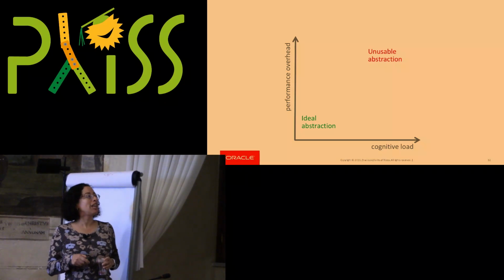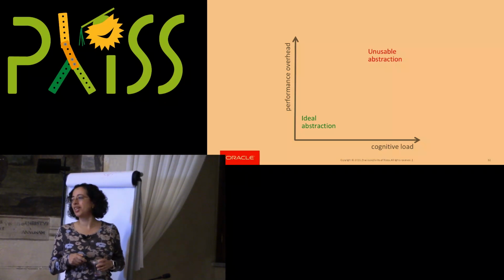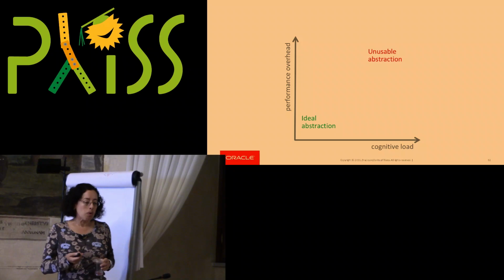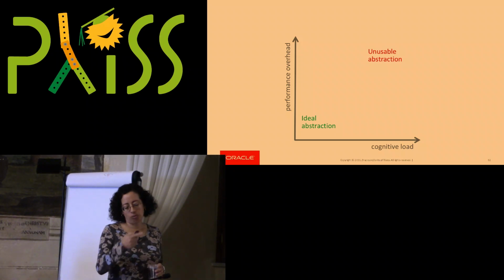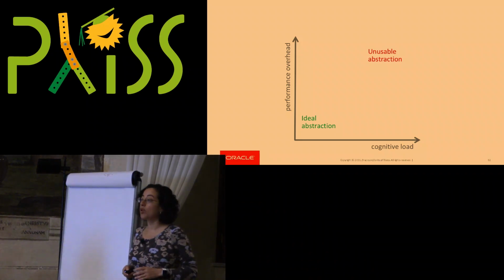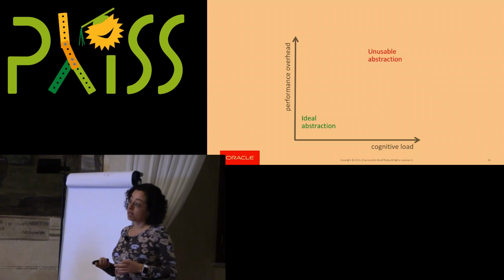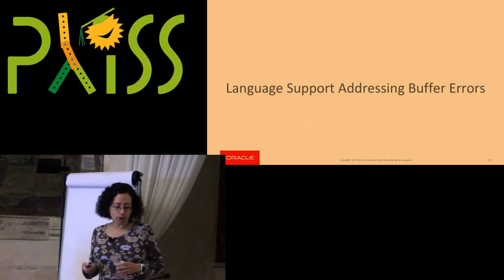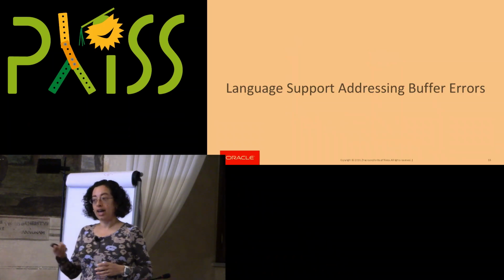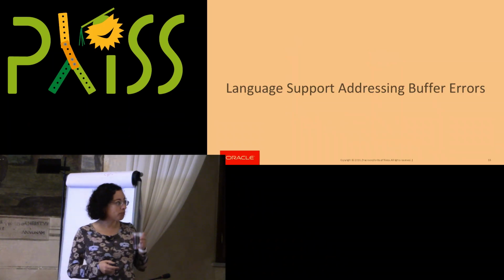And the non-ideal abstraction is the one that is up here, right? And we'll go through the three different categories, and we'll just categorize examples of some of the security abstractions that have been seen in different mainstream languages, and also other potential abstractions that could make it mainstream. Right?